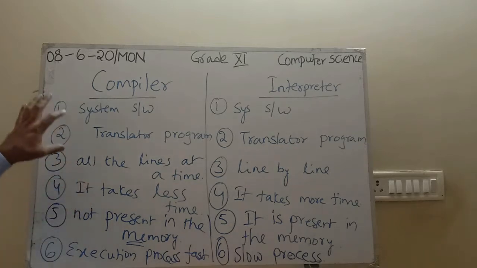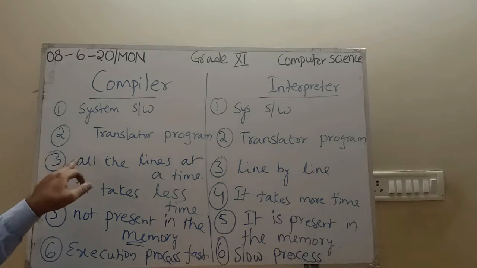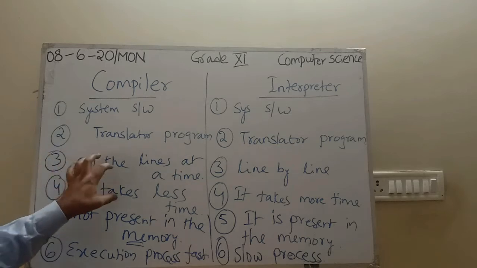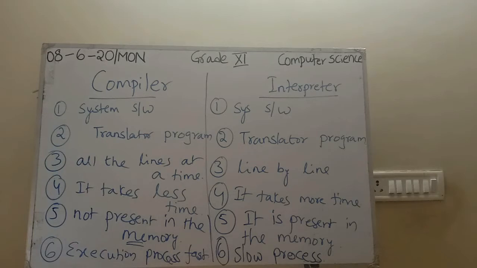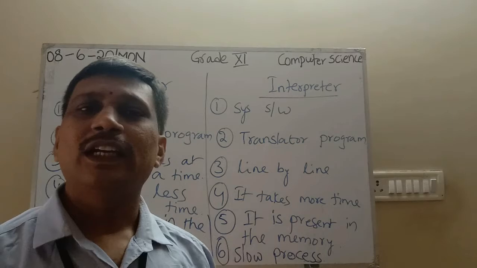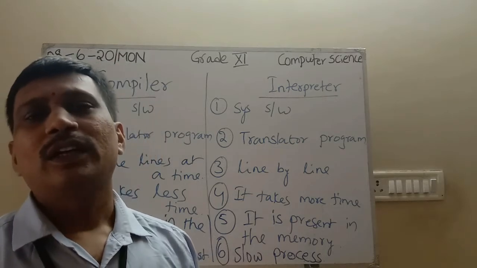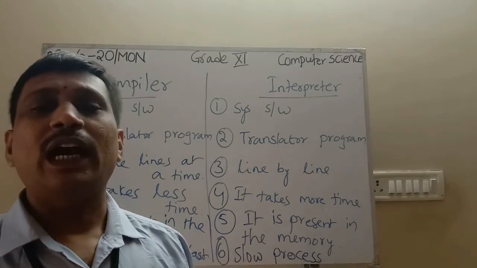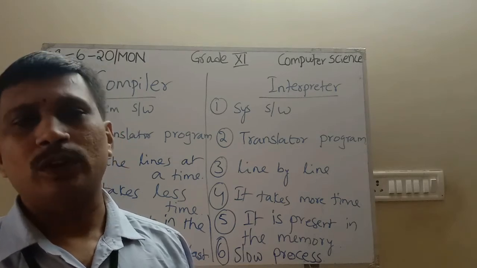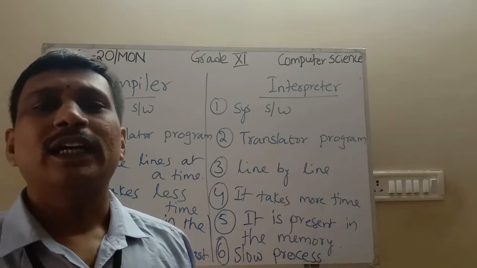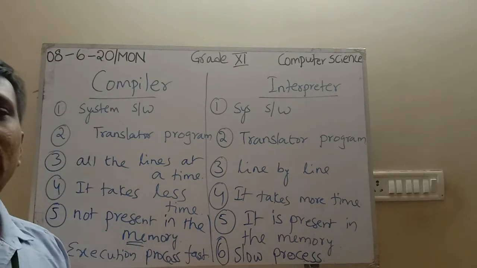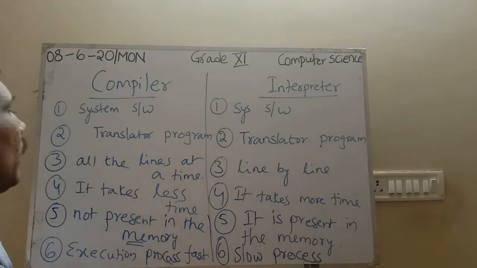So here in the compilation process, it takes all the source code at a time, and all the lines in that high level language program are translated into MLL. If any errors are there, it displays them with line numbers. Then we rectify all the errors in the debugging process and recompile the source file into an object file. In this way the compiler process goes on.